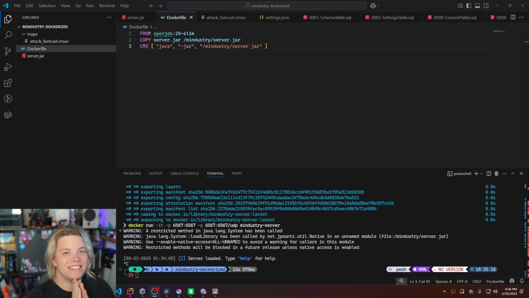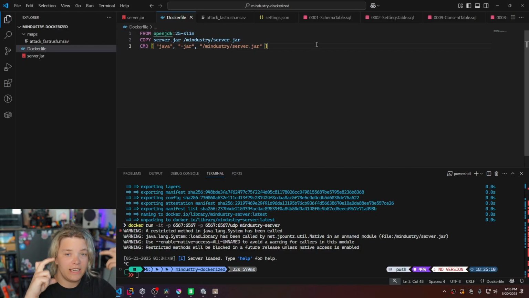Hello Internet! Today we're going to be taking another look at our Mindustry server that we built last week. If you haven't watched that video, we made a really quick Docker container. It's just 3 lines, it looks something like this. And the idea is it creates a containerized, modular, reproducible version of a Mindustry server, which is